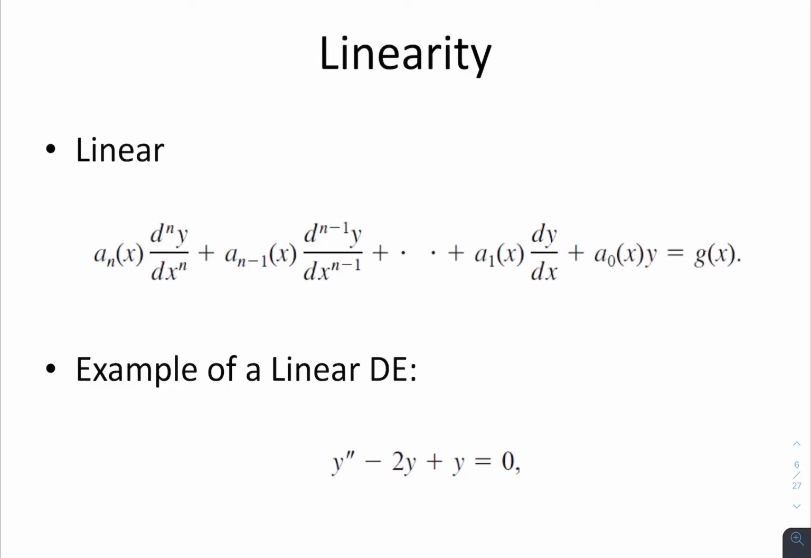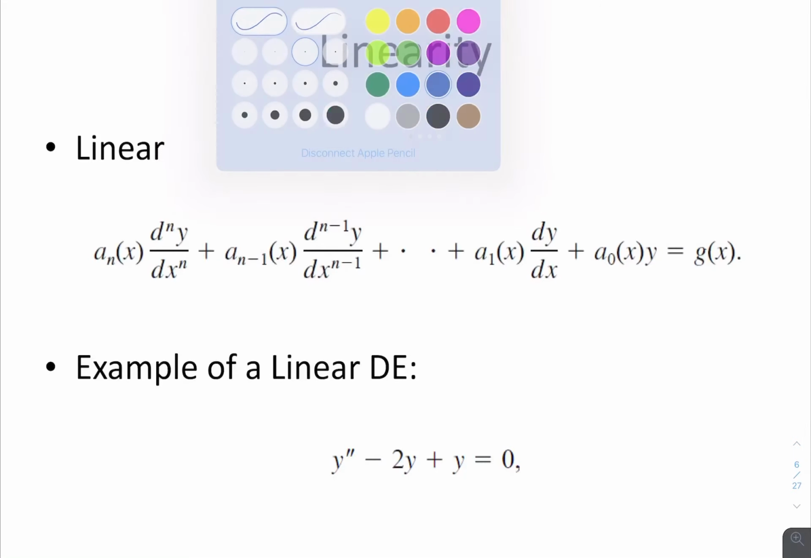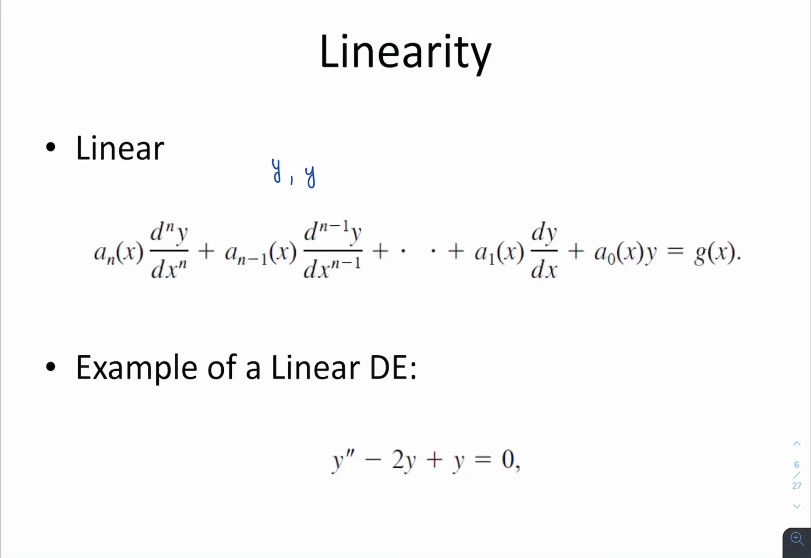One of them is linearity. So what is this linearity? Linearity is basically whether the differential equation is linear or not. We say a differential equation is linear if y prime, y double prime, or any of the derivatives are in the linear form. What do I mean by that? Either by itself, just by itself, or it can be multiplied by